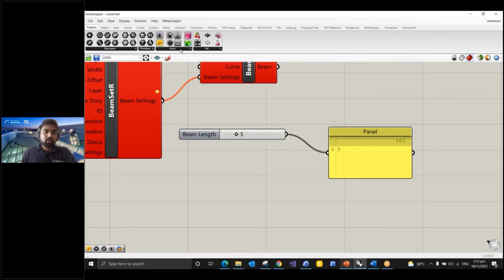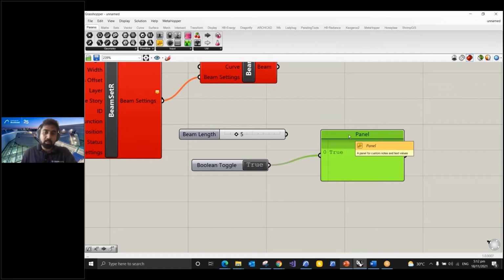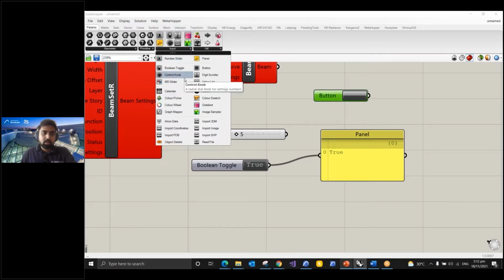All right, so we also have Boolean toggle. Boolean toggle is basically true or false. I can just double click to change to true or false, and even if I connect it to the panel, you'll be able to see the results. So panel is most probably used to enter some text inputs or to check the outputs of any of the components. Okay. We also have a button. Basically you need to just keep it pressed to activate it, and if you release it, it is deactivated. And then we also have